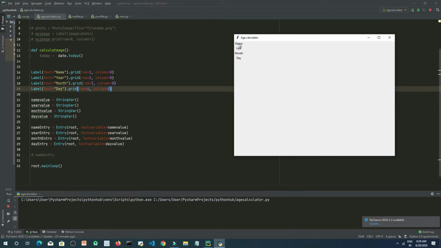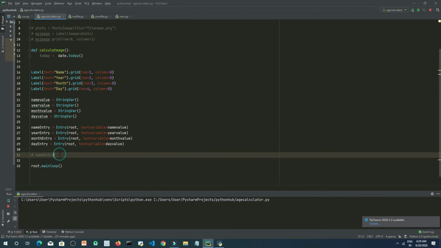So this is the zeroth row, name is in first row and zeroth column, right? So what should be next? Just in front of name, the entry widget, so it will be in the same row, which is the name row, that is the first row. Okay, and what should be the column? Column should be 1, right? So here we need to type name entry dot grid.